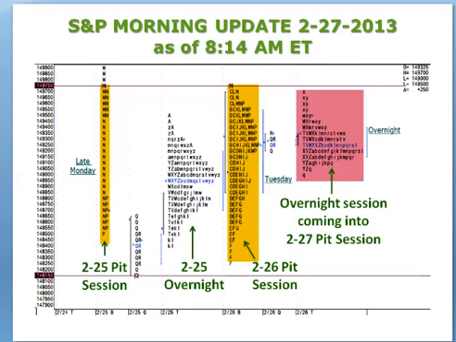If you were trading the S&Ps yesterday afternoon, even though the market finally got to a previous high,